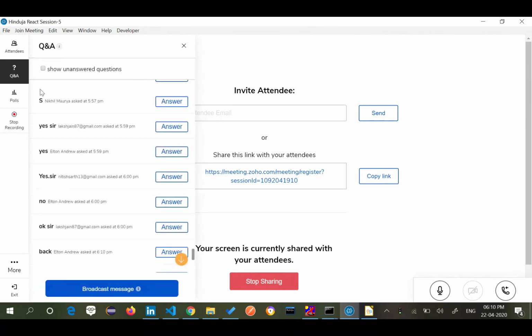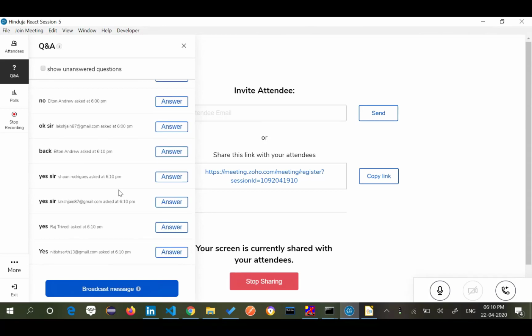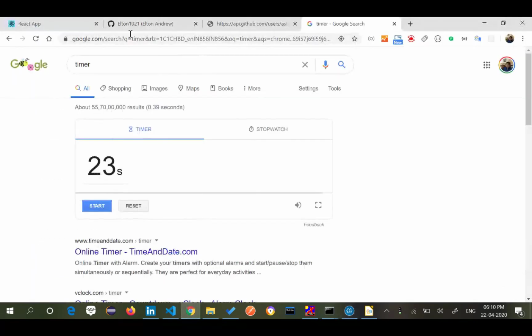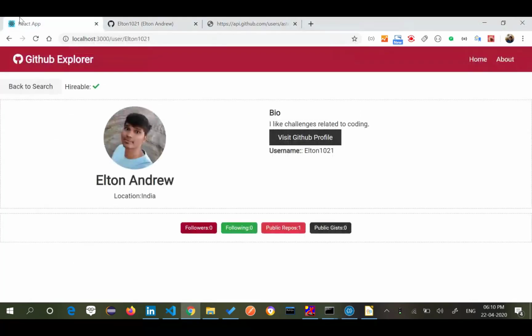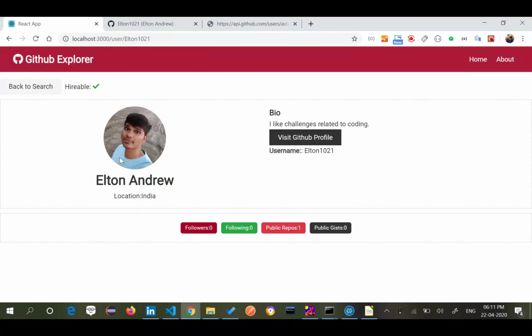Yeah, so now we are moving toward the last part of this project development. After this, we'll be starting with the implementation of hooks, which is going to be the last part in the project. So we have created this good looking app where if you click on a particular user, you get the details. Now one thing remaining is that I should be able to show the repositories here, at least the last 5 repositories he has posted.